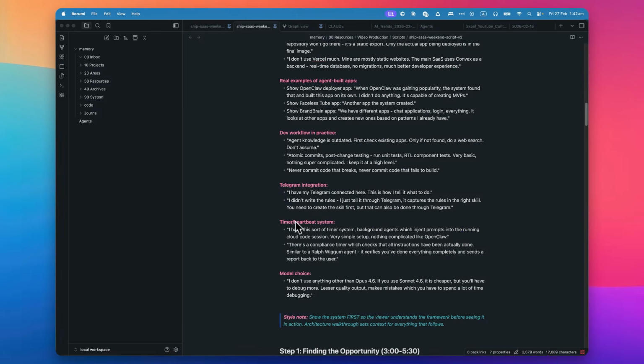I also use a timer heartbeat system. It works the same way as a heartbeat, similar to OpenClaw. There is a compliance timer as well that checks all the instructions have been actually done. Also use Opus 4.6. If you use Sonnet 4.6, it could be cheaper. What I have found is that it makes mistakes